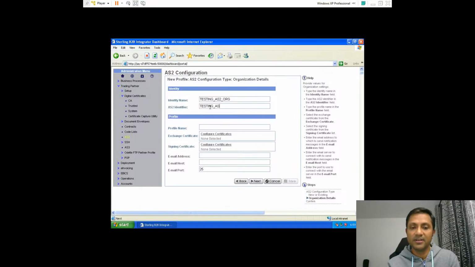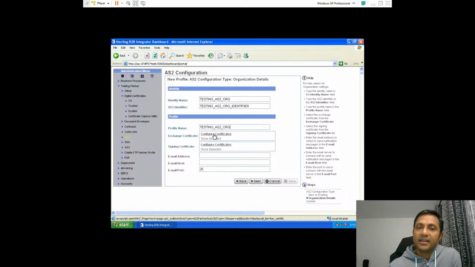So let's give something called testing AS2 underscore org, just using some general naming convention. Let's keep a profile name, so same testing AS2 underscore org. And then here it's asking for two mandatory certificates, the exchange certificate and the signing certificate. What we're gonna do is select the exchange certificate as the one that we created previously. Same for the next one. So we're going to select the self-signed certificate in both the exchange and the signing certificate for our